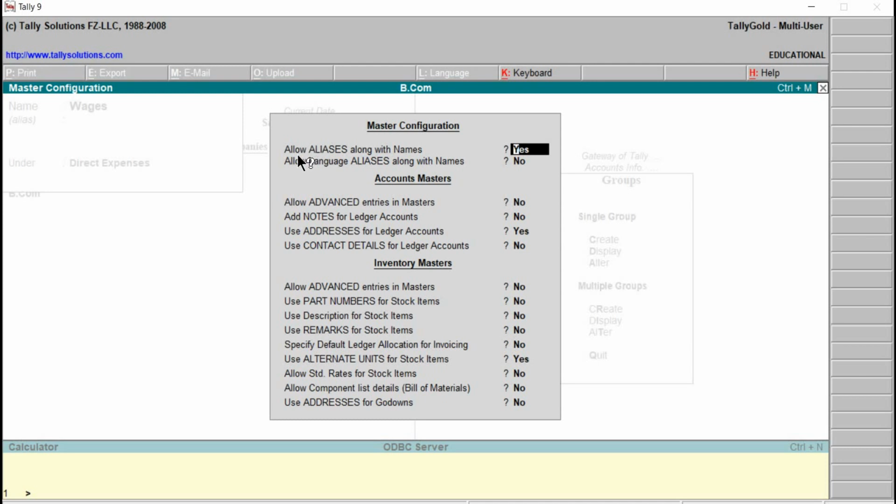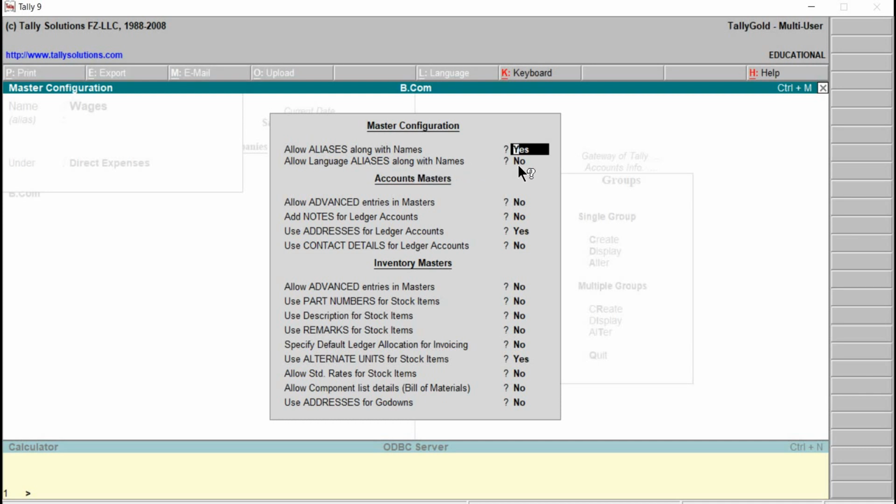The first one, allow aliases along with names. Default is yes. What does this tell? Tally allows the user to enter alias name for the master. Alias name is nothing but another naming for the master. This can be for the group, this can be for ledger, etc. Coming to the second parameter, allow language aliases along with names.